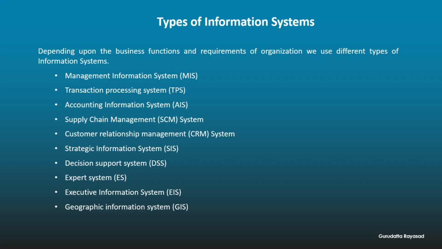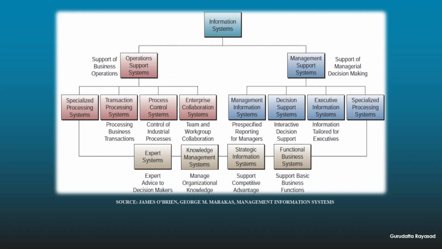So depending upon the organization, you may use, say, a human resource information system, or some research-related R&D support information system. So how many types of information systems are there? They can be categorized into two. Information systems that support business operations, and another category, information systems that support managerial decision making. So the two categories are operations support and management support